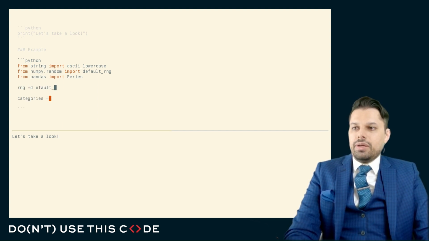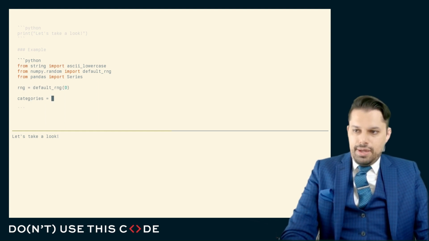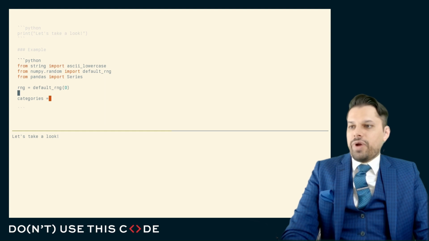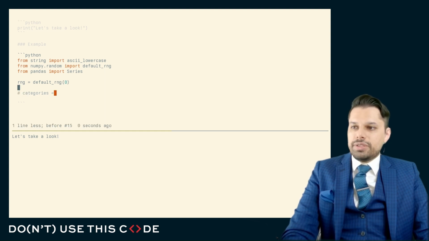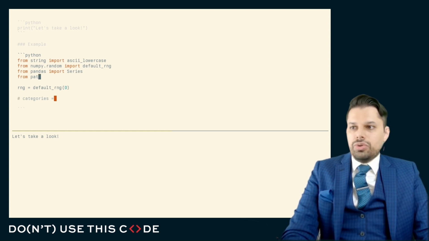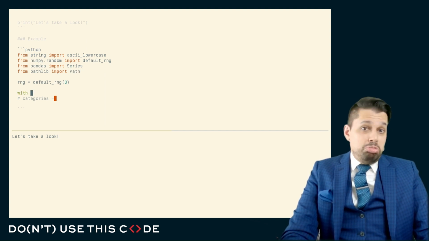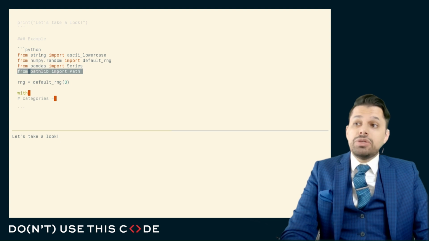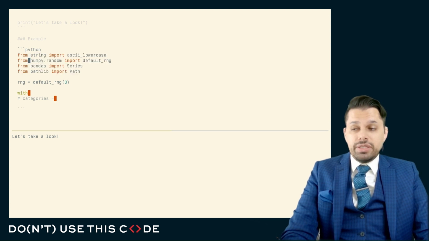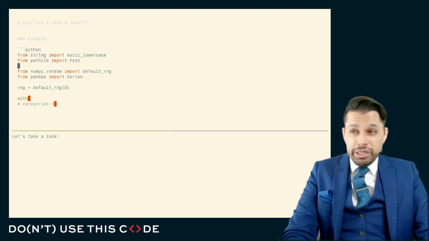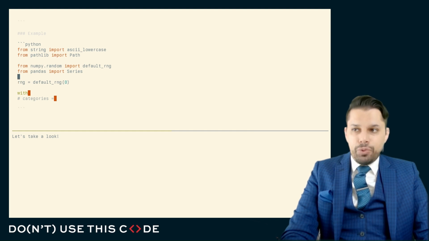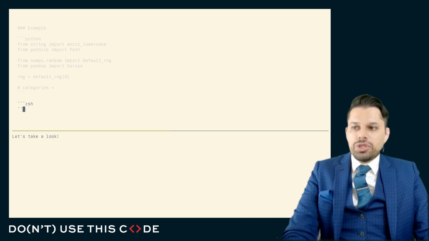Let me create a random number generator for this. And I'm going to do this across a number of different files. So let me do this for a number of different files. Let's also get pathlib. It is not uncommon that when I write my Python code, I'll make use of almost everything I can in the Python standard library, and I won't really worry about the import times of things from the Python standard library. The reason for that is, in general, when I take a look at what is already